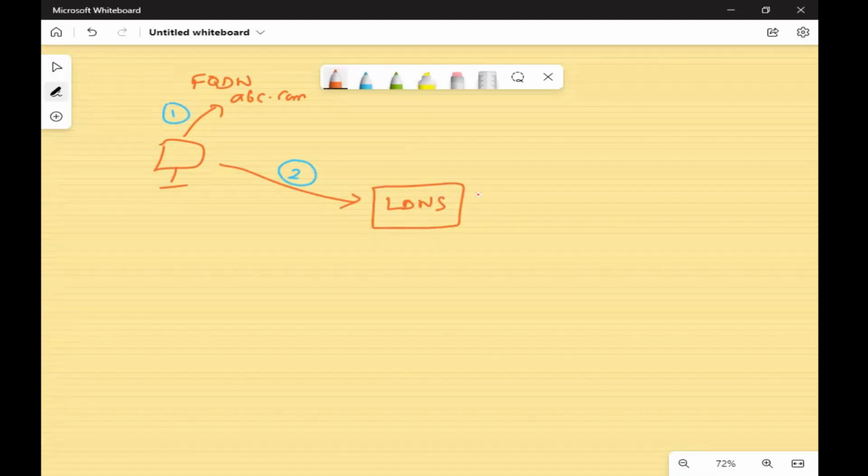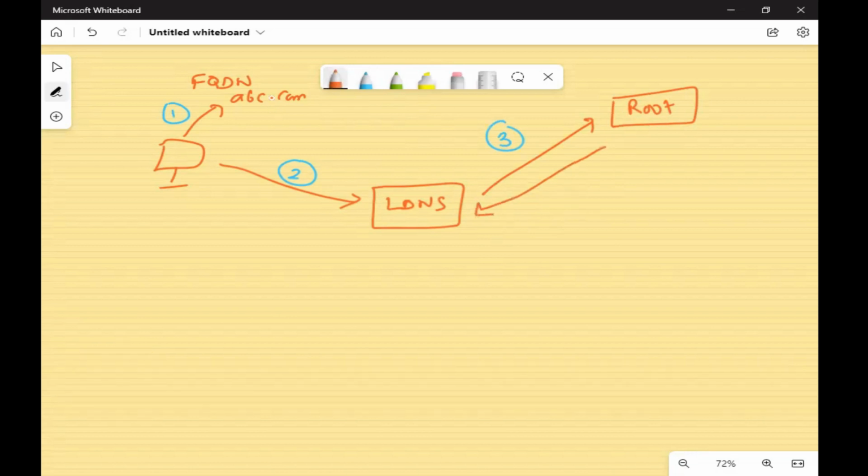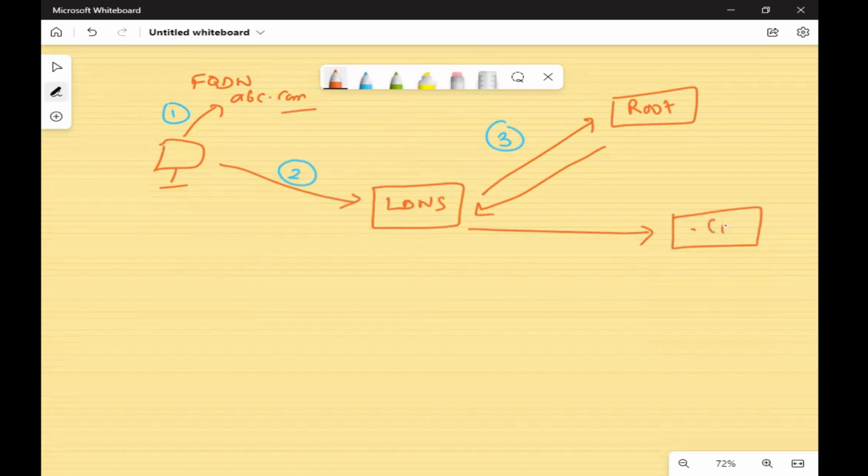LDNS will check that, okay, the entry is not with me as well. It will send it to the root server. Root server will say, I also don't know, because it is .com. I will take you to the .com. It will send a reply to go to the .com, and this is the .com IP, and it will go to the .com server. So that is request number 4